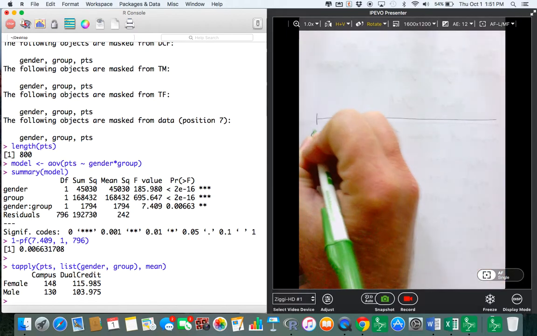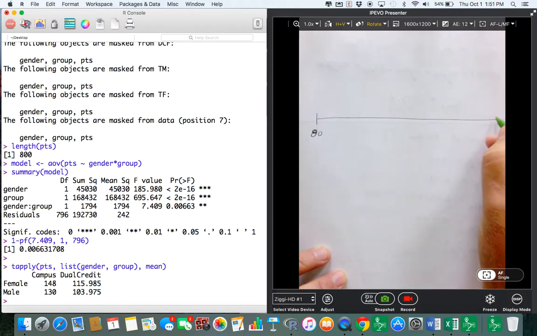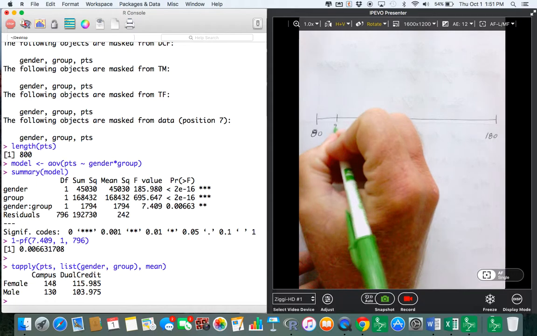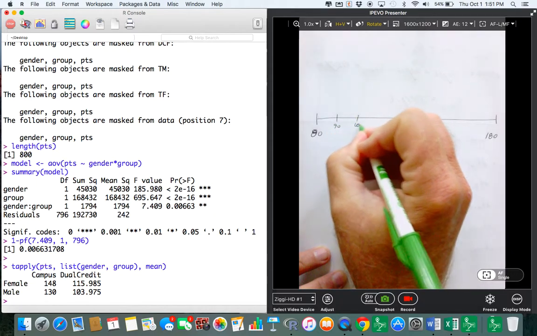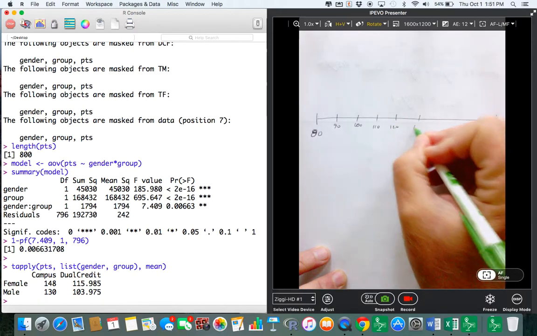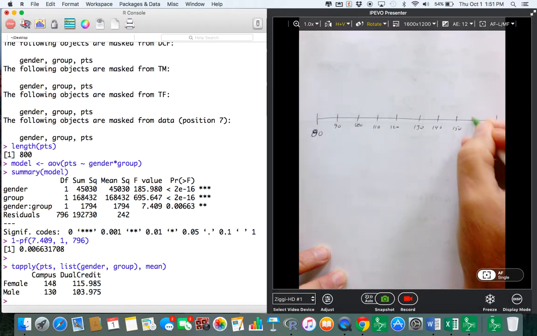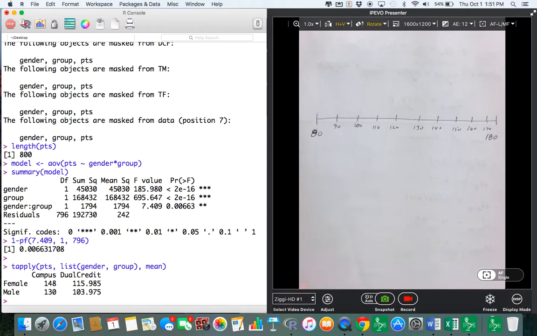Now let's go all the way down to 80. And then our biggest mean is 148, so I'm going to go up to about 180. So I probably can't make this work out right. But pretend I did. Pretend that is the same as that. Okay, it's 10 units. Now what I can do is I can install a package